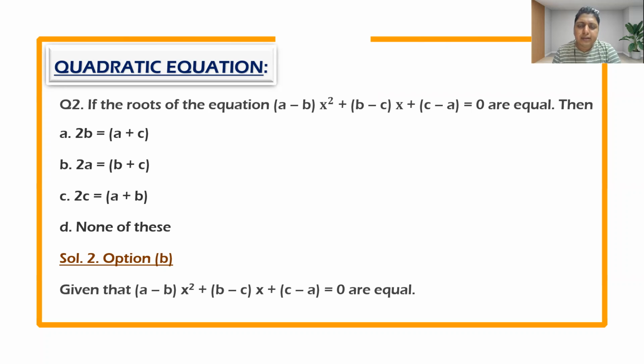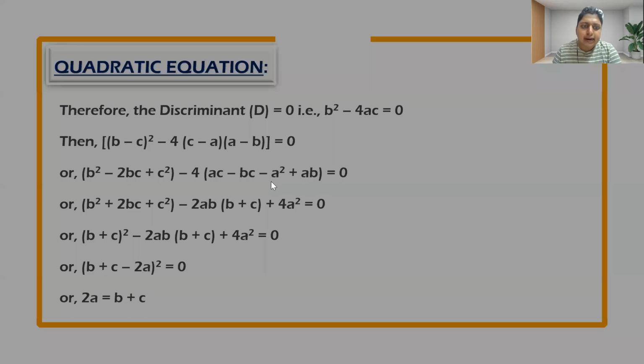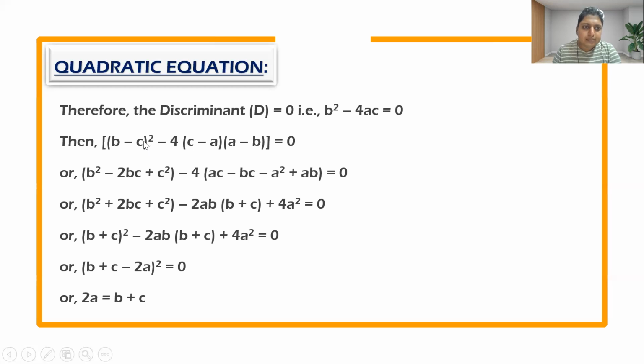read about that topic in the nature of roots. If we have d is equal to 0, then the two roots are equal. So if the two roots are equal, then d should also become 0. So this is the condition that we have to apply. We put d is equal to 0, that is b square minus 4ac is equal to 0. And here b is (b minus c), so (b minus c) whole square minus 4 times (a minus b) and (c minus a) is equal to